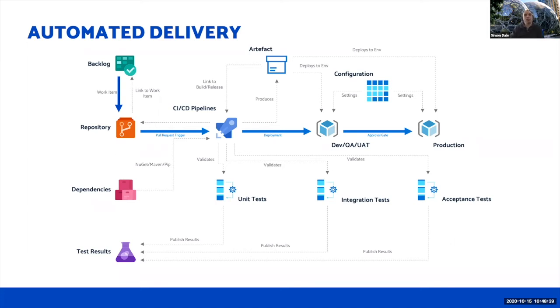Once deployments happen, that's when we can start to run integration tests and acceptance tests on that, and also performance testing, security testing, infrastructure testing. It can all be built in here. And what you get after any one deployment is a set of test results published for that artifact. So you can increase in confidence as you move through the different stages and environments. You can also put approval gates between those environments, so that you have some control of what moves into production.